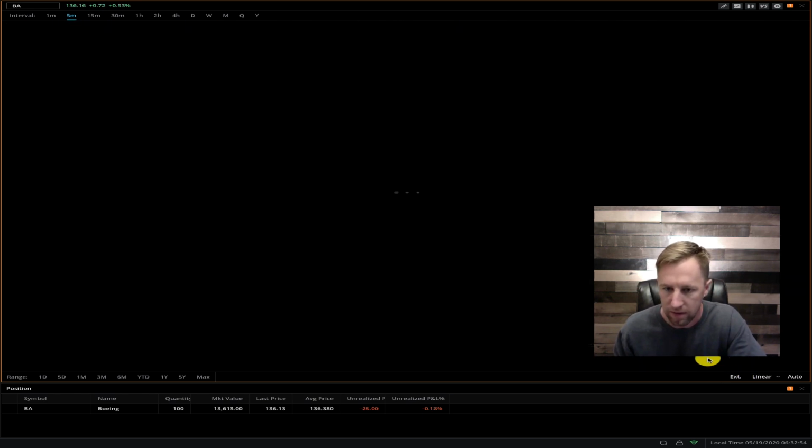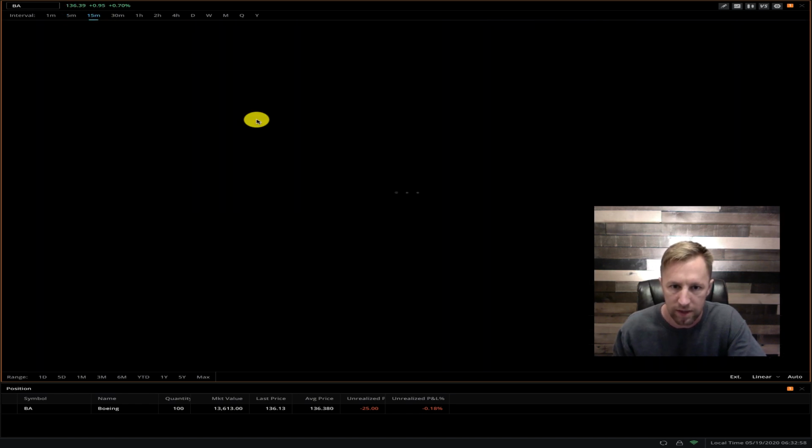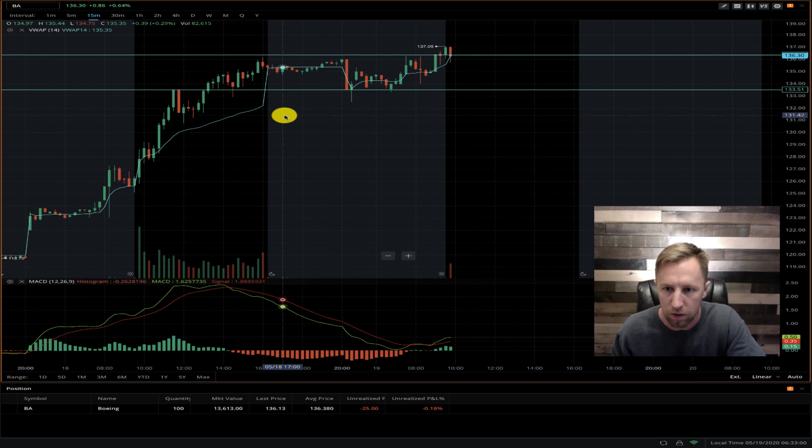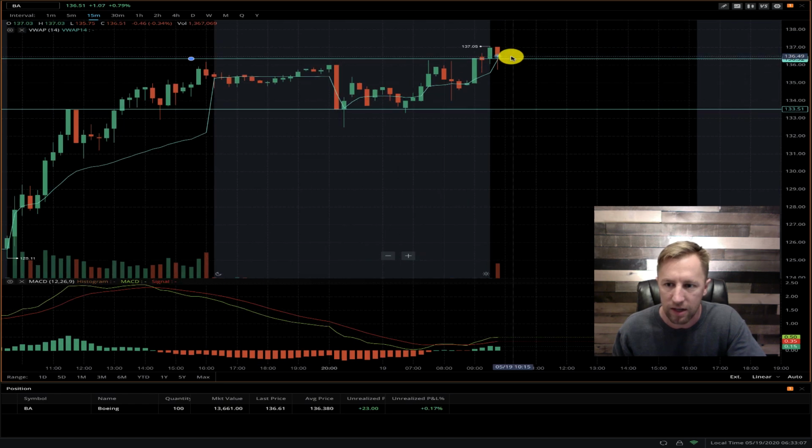How I found these is when you look at extended hours, I looked at the 15-minute time frame just to kind of get a good glimpse of where it might potentially go. But as you can see, there was a nice move up these last couple of days, and it looked like it was going to be kind of breaking to new highs up into opening bell. So I actually had